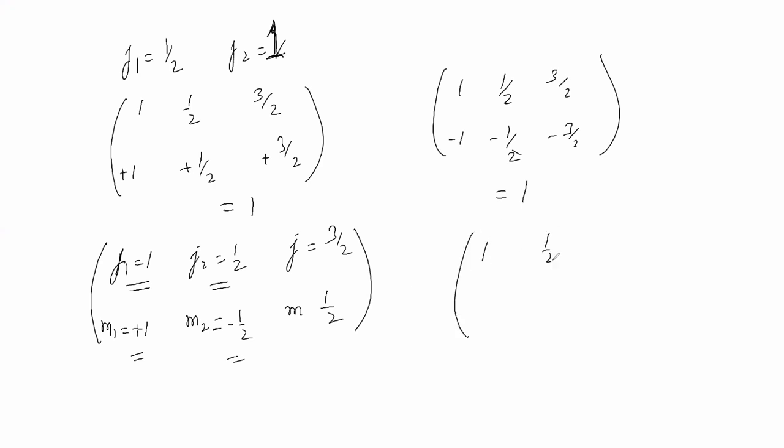Similarly, J1 is 1, J2 is half, J is 3 by 2, M is minus 1, M1 is plus half, M2 is minus half. Therefore, I will send you a table where you will find the calculated values, and after your MSc previous examination, you can work out these Clebsch-Gordon tables. Okay. Therefore, this was about the angular momentum and the angular momentum addition, Clebsch-Gordon coefficients, and other things.